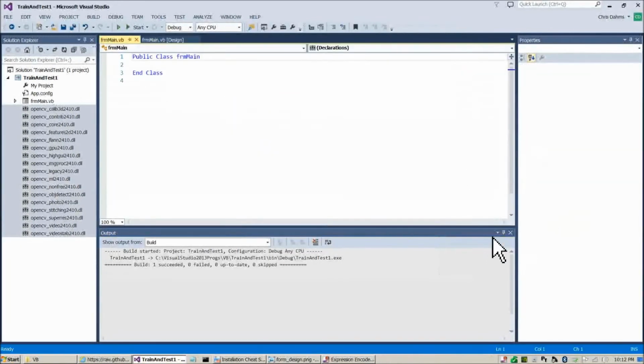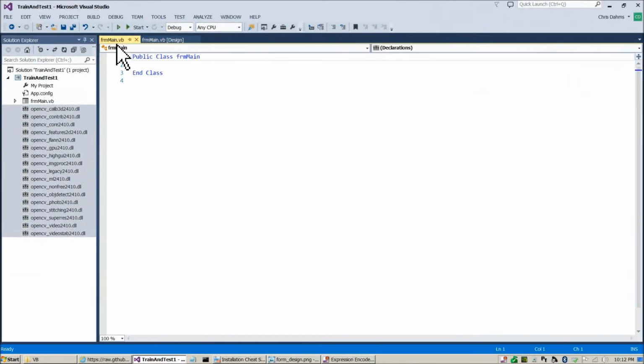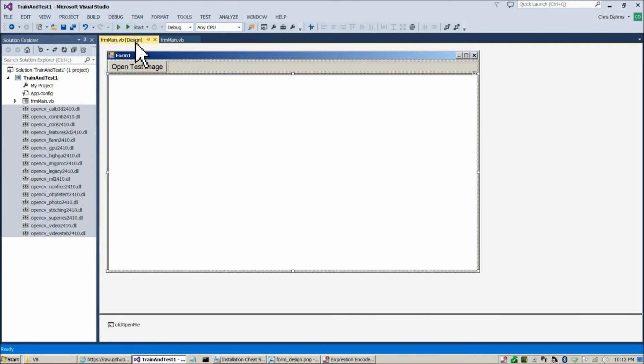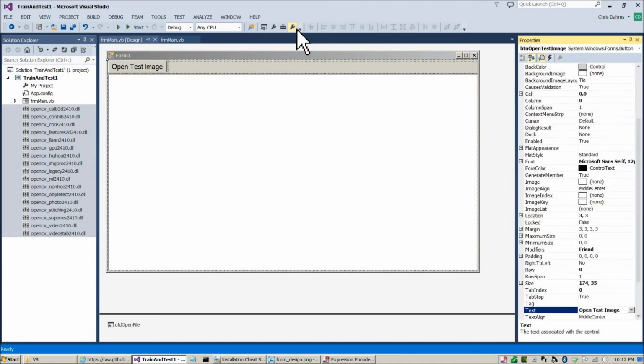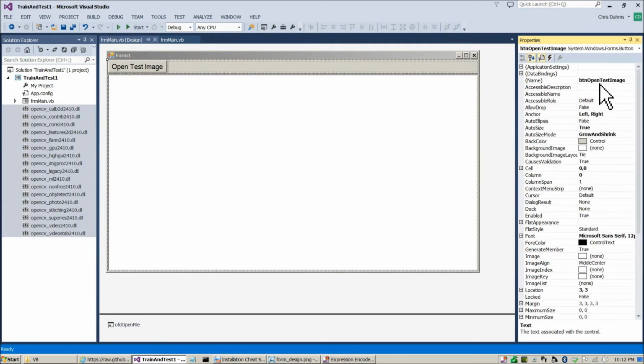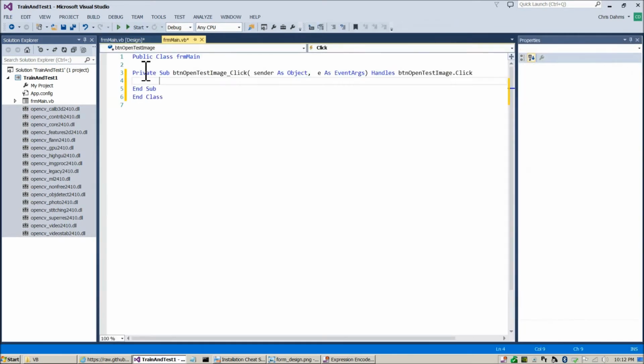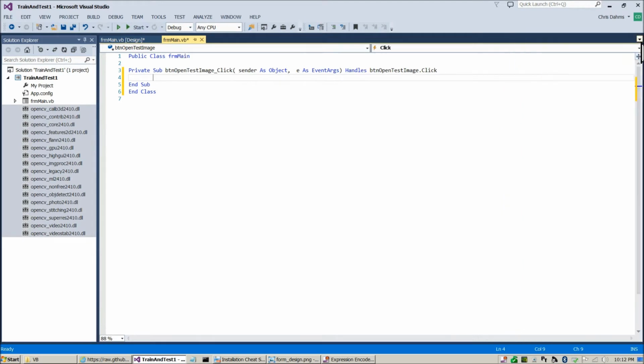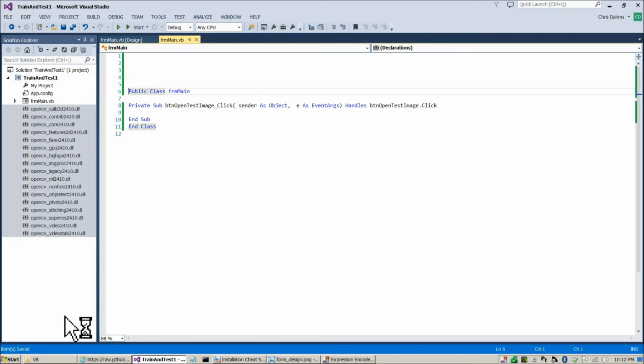Now if we go to view code, and whoops, forgot to make the button click event. So let's make sure that we have the button named correctly, btnOpenTestImage. Yes, we do. Go ahead and double click on that. That'll start to write that for us. Make that a little smaller. Close out of that, and now it's simply a matter of copying and pasting the code that isn't there yet